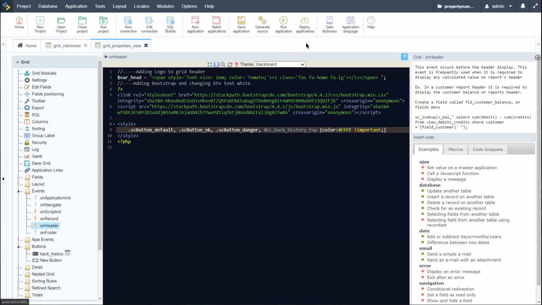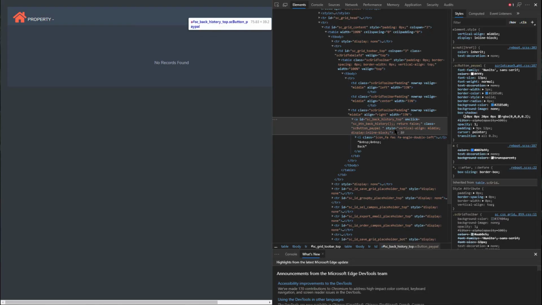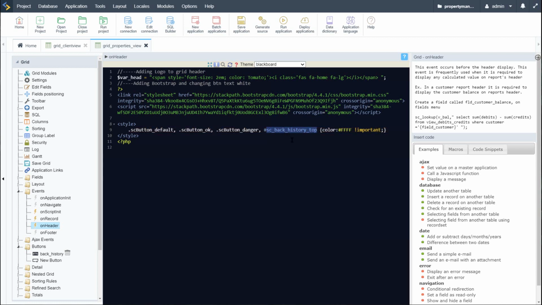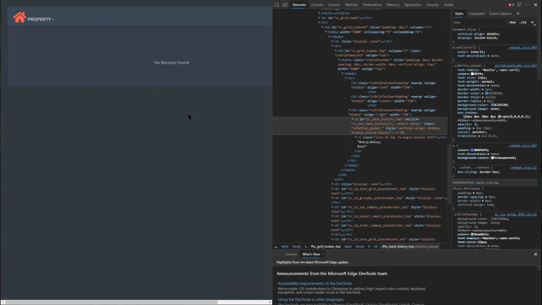Now it's ID, so if I go ID, there's no class, SC button PayPal, so let's attach it to this one, SC button PayPal. And there is a class. Okay, and now if I run that also,